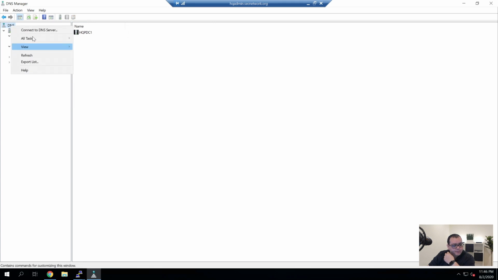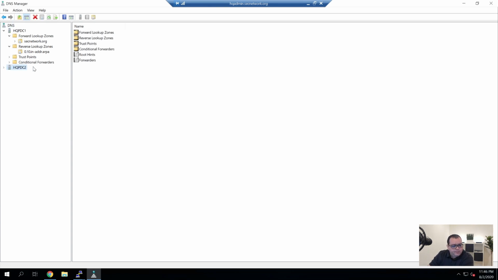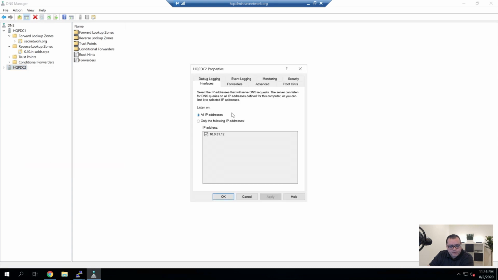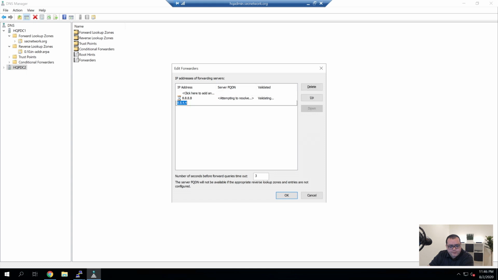And the only other thing we need to do is connect to the other domain controller, HQPDC2, and do the same thing. Change the forwarders. Delete. So what we want is HQ DNS1.sec.org and 2.